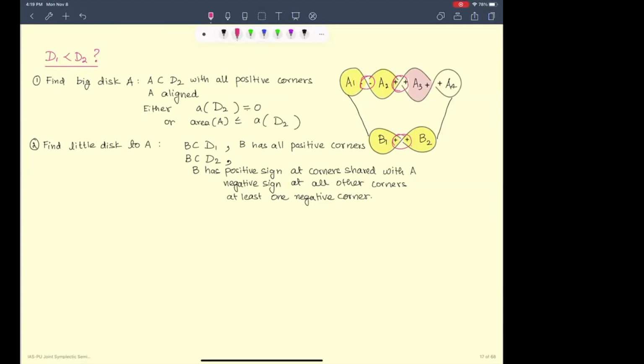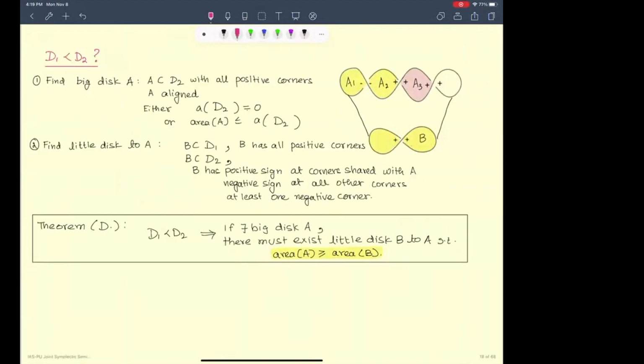It has to be all positive. Yeah, so if you have something with a negative, that gets thrown out. Okay, so just some sort of sign conditions. Great. So then the theorem is: if D1 undercuts D2, and if there is a big disk, then there must